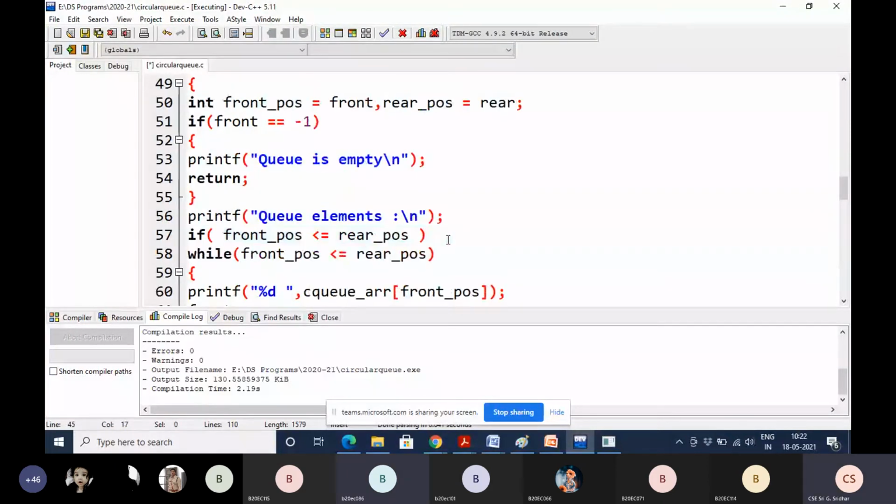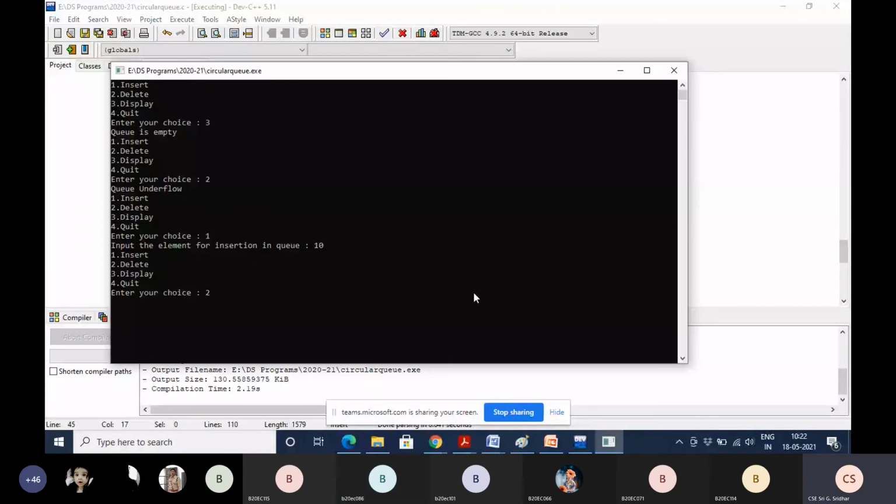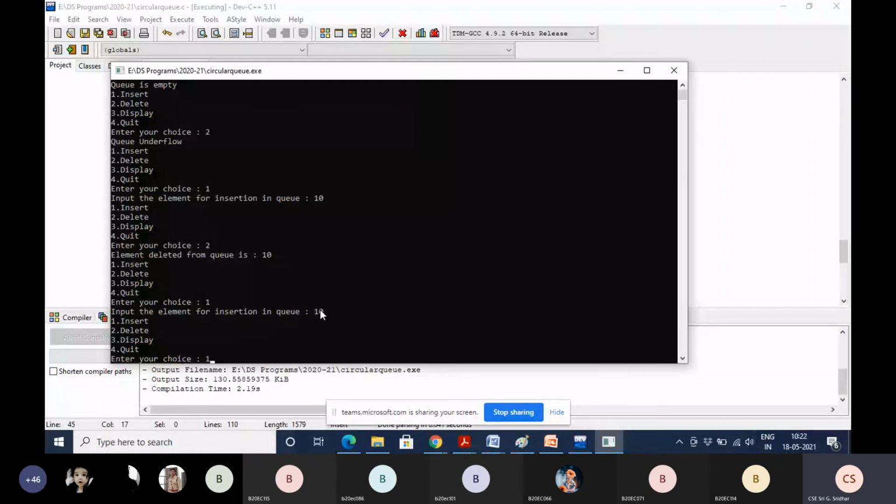Now the last one: if you want, you can also perform deletion. The choice is 2. See here, the element deleted from the queue is 10. Now I am inserting some elements: 10, 20. Now if you want to display,